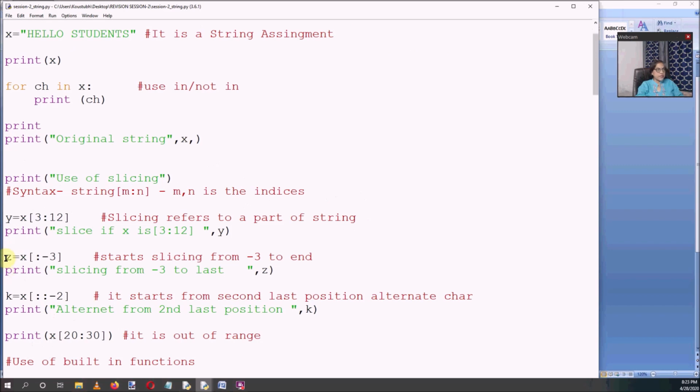So the statement is z equals x of starting point unknown, colon -3. It is the stop point. In that case, when the starting point has not been given, it means it will start printing from the beginning of the string up to the -3 position. I can show you the result if you run this program.